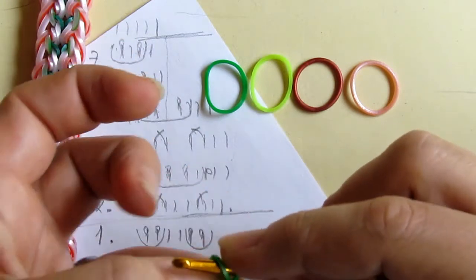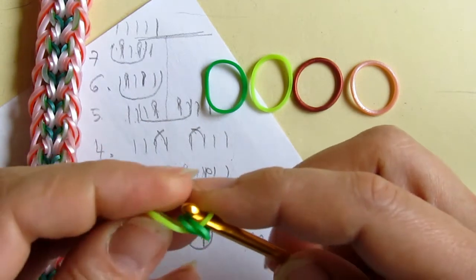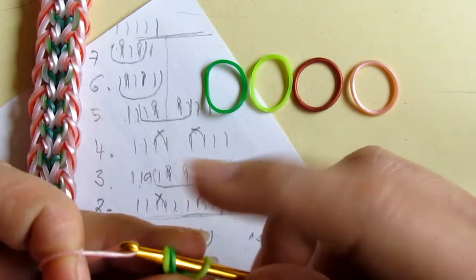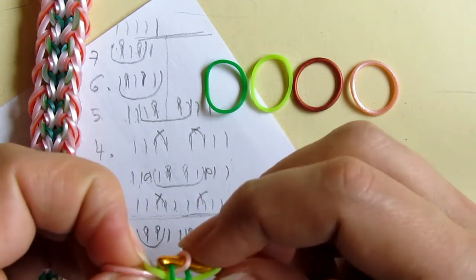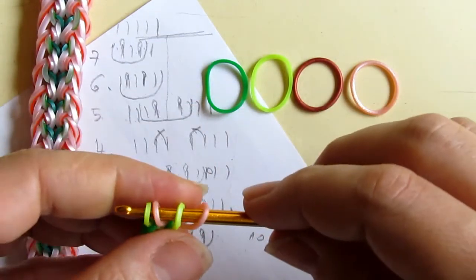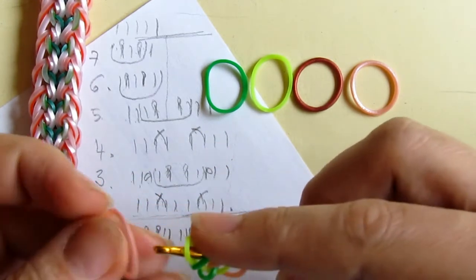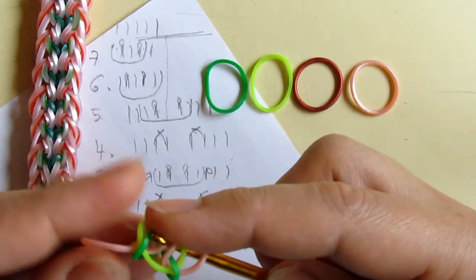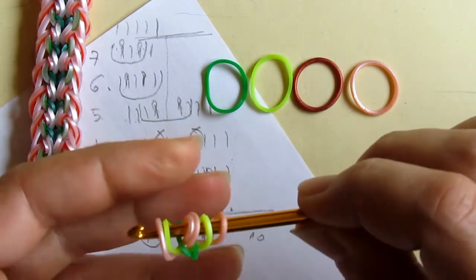I make a cup end of the darker green, then I pull the lighter green through, I reattach half of the cup end and pull the pink one through the first 2, then reattach the outer 2 like this. Now I make the same on the other side, this and this. So I have 6 on my hook,